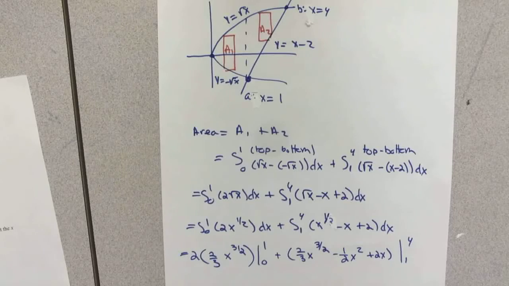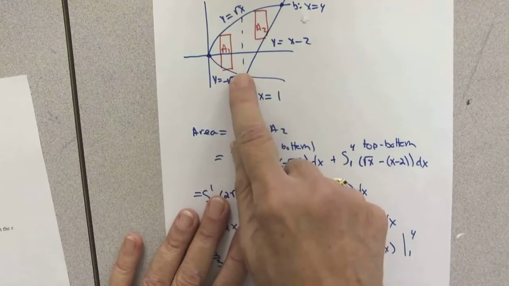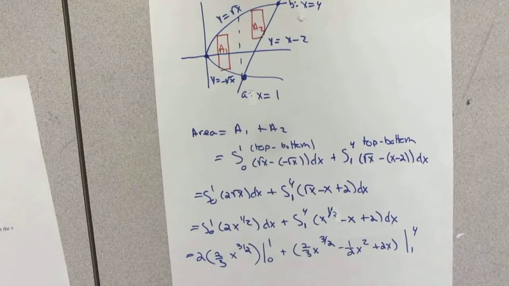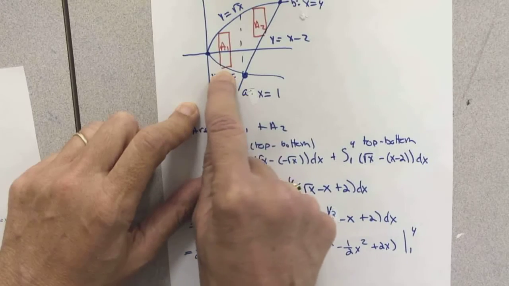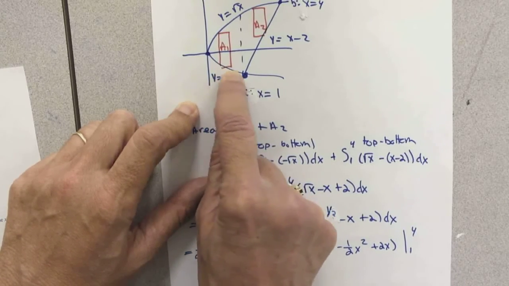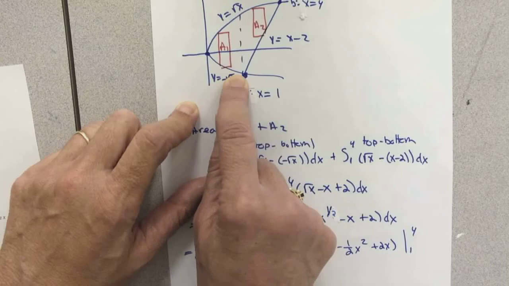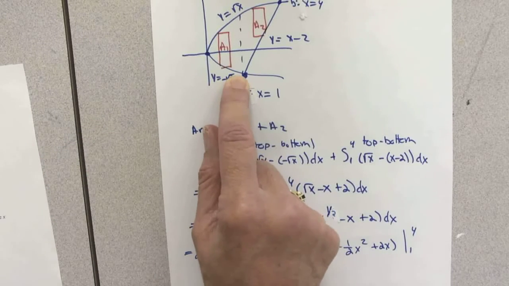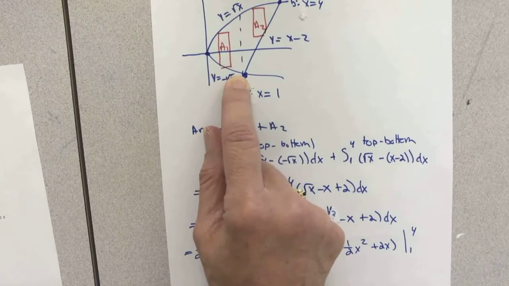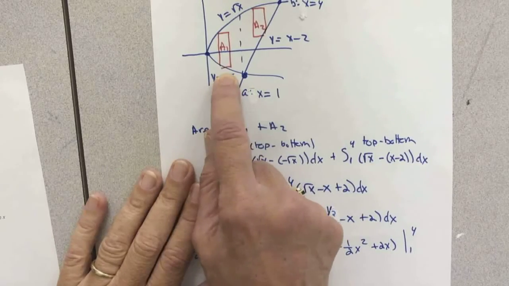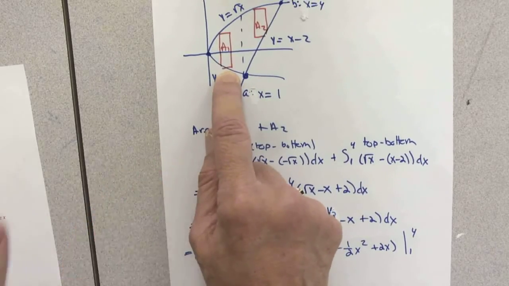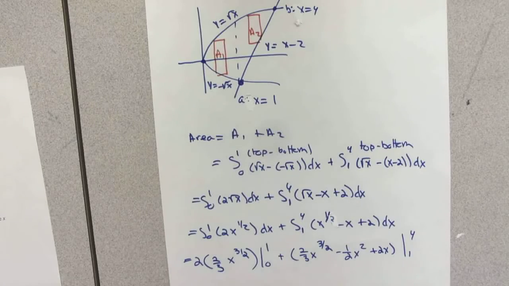Well, you don't have to integrate with respect to x. That's just what we did when we set up vertical rectangles. Vertical rectangles are always going to be associated with integrating with respect to x, because the width, which is a small change in my x value, a change in x, we frequently indicate with the delta symbol. So the width of that rectangle is change in x, delta x. And so we've been integrating with respect to x, but if you think about it in terms of area,